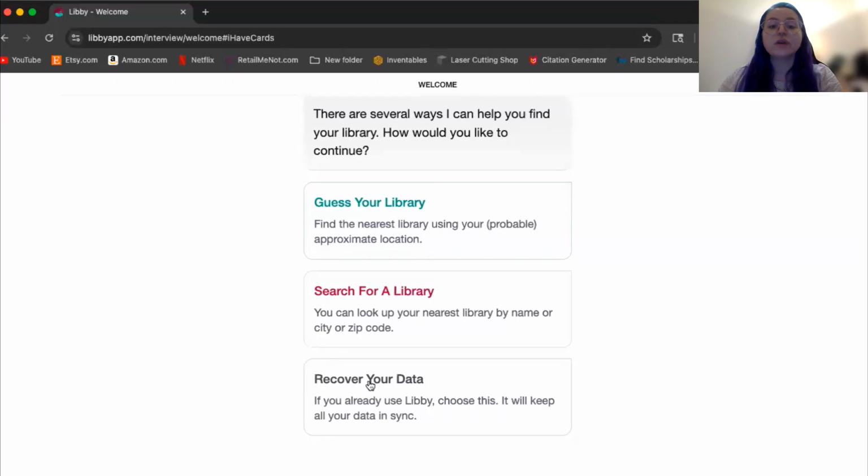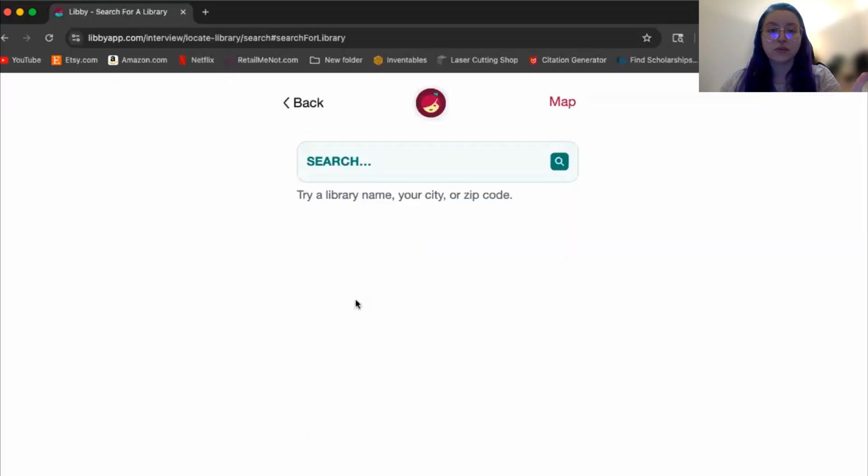You can recover your data. This is if you had a Libby account with a different library and you would like to maybe connect them or reset that up. Unfortunately, I do not have time for that tonight, but again, feel free to book a librarian, request me, and we will work on this together if this is your situation. What we are going to be doing tonight is we are going to search for a library. So I'm going to click on that, search for a library,